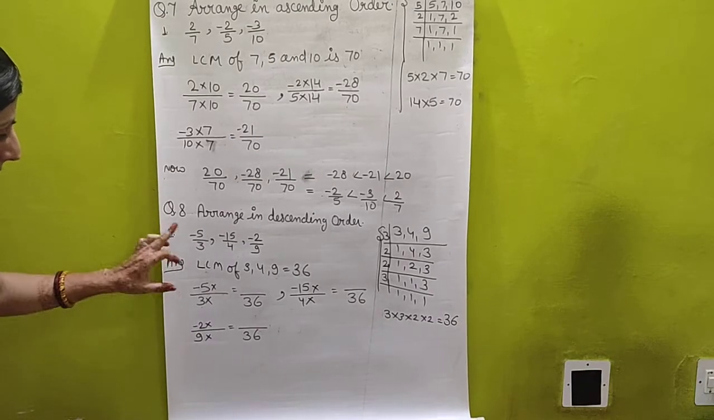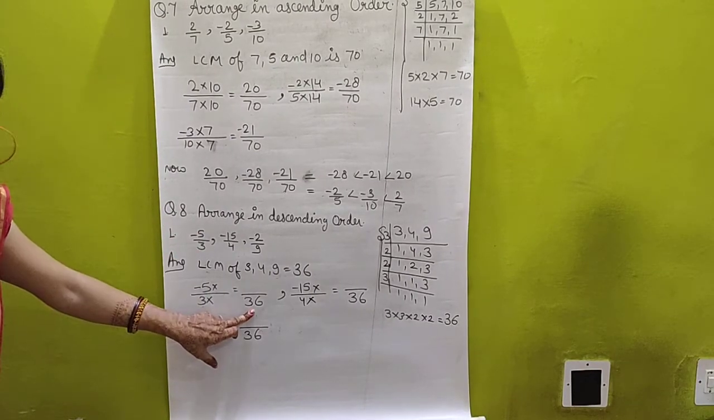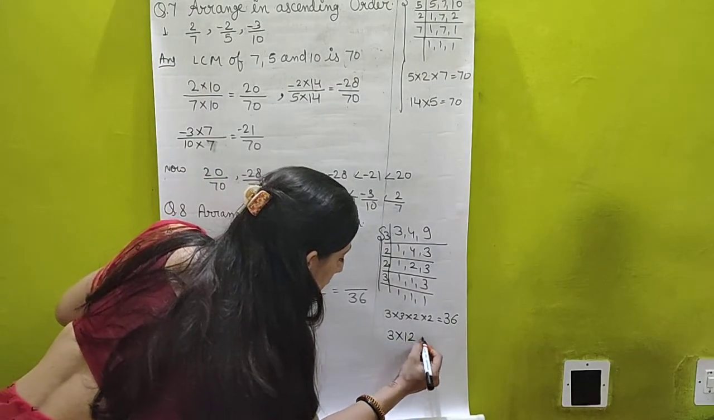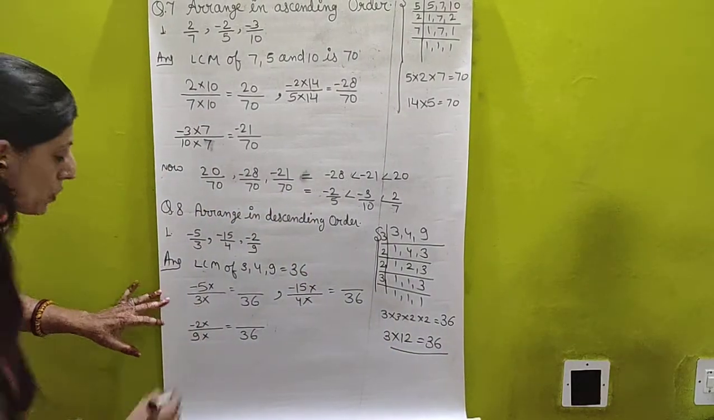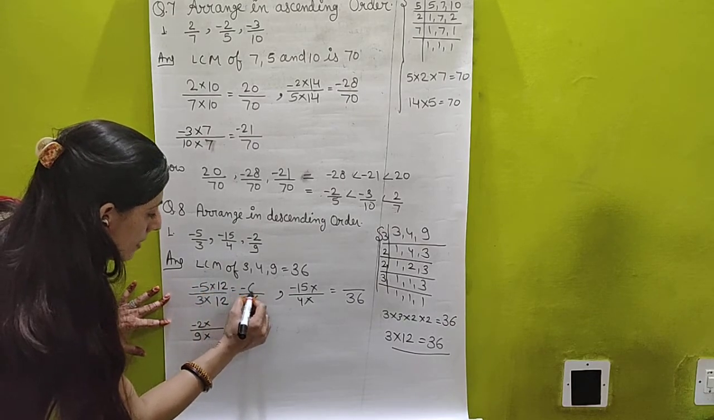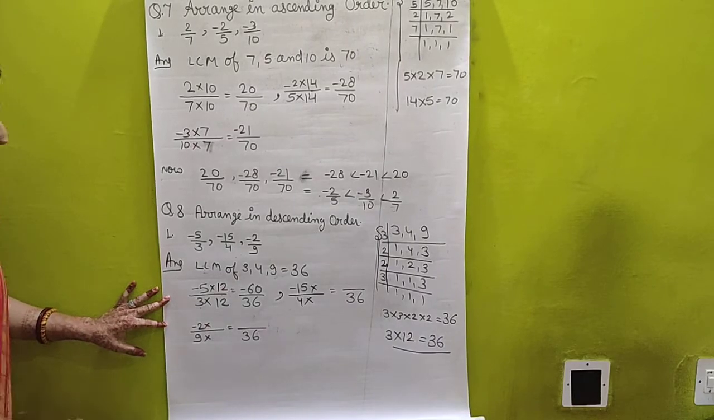Students, first I have taken the rational number minus 5 upon 3 and I am to make the denominator 36. As you know, 3 multiplied by 12 will be 36. So here I can multiply 3 with 12. 12 3s are 36 and 12 5s are 60, and then the minus sign will come as it is. Now here,